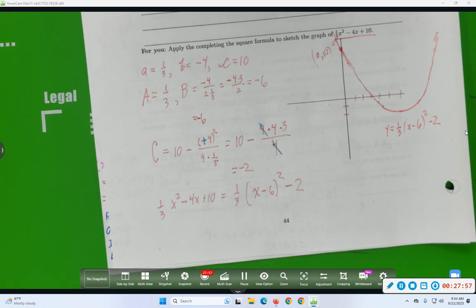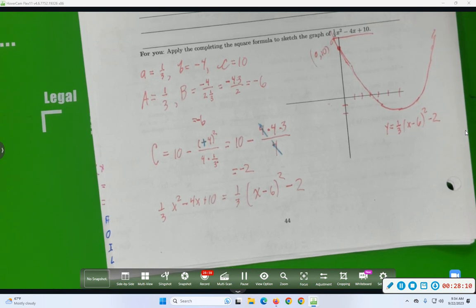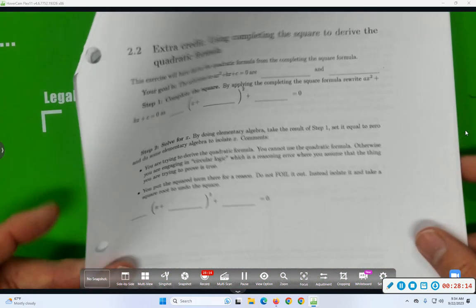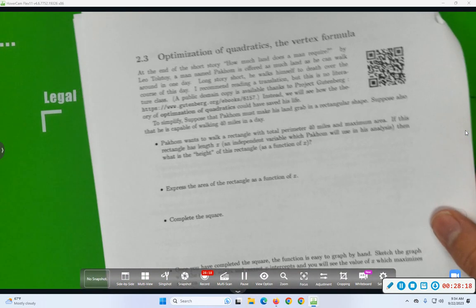There's something important. This lets us minimize, or maximize if it were an upside-down parabola instead. And often, you'll encounter problems where you want to make an optimal choice. And let's just see one example. Oh, there's an extra credit sales pitch. Take a look at that at your own time. So, how